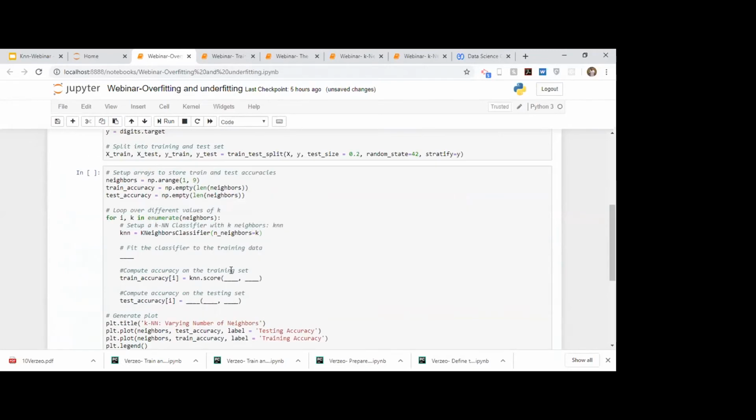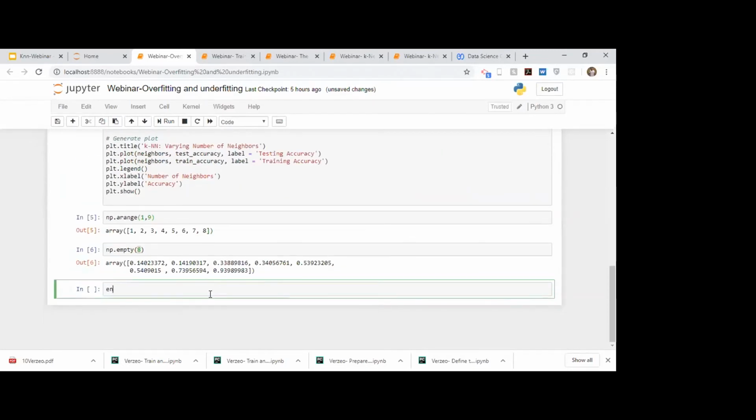So what enumerate does is create a key value pair.